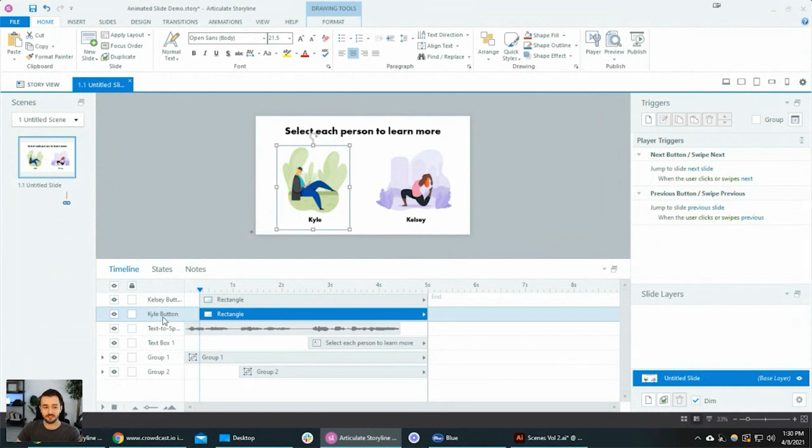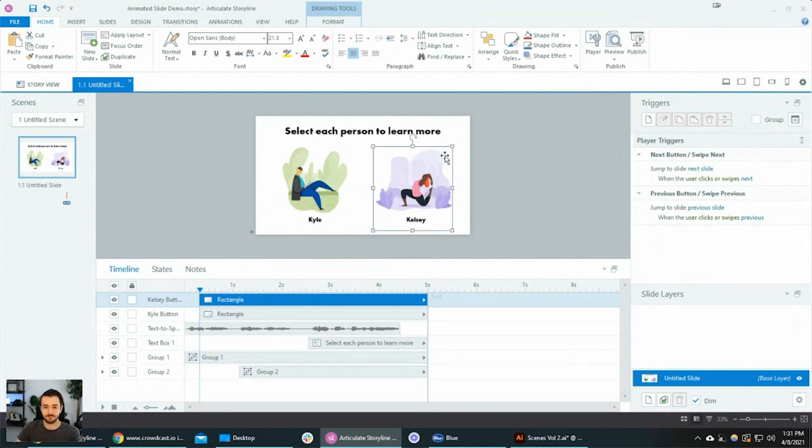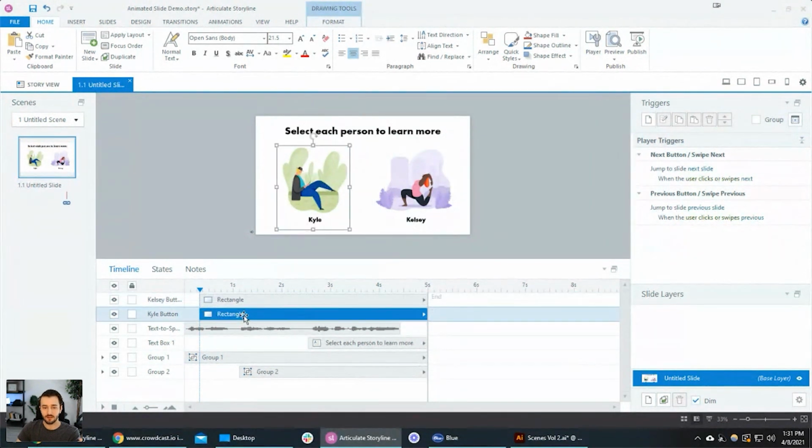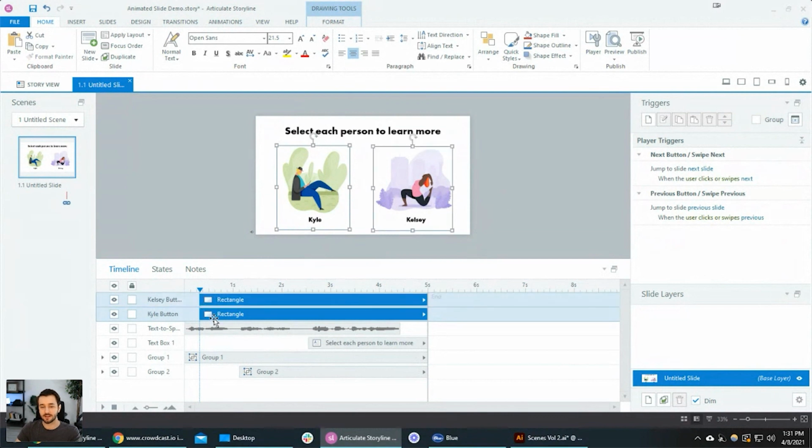So now you can see on our timeline we have the Kyle button. When we click it, we can see where it is. If we click the Kelsey button, we can see where that one is. So we're doing well. Now, obviously, when the timeline is here at 0.5 seconds, we don't want both of these buttons to appear because we're going to add interactivity to these buttons, and we don't want someone to click it before it makes sense for them to do so. So I'm going to just hold down Shift and select this Kelsey button. So now that both of them are selected, I'm going to drag them over to,